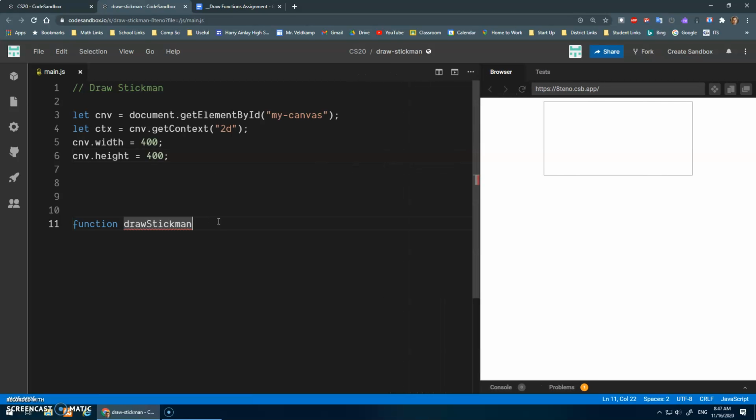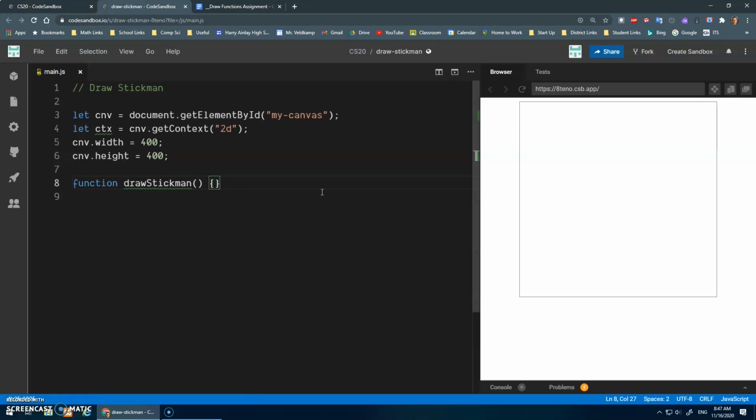Oh dear, there's an error here. We'll finish that off. Draw stickman, save. There we go. Okay,